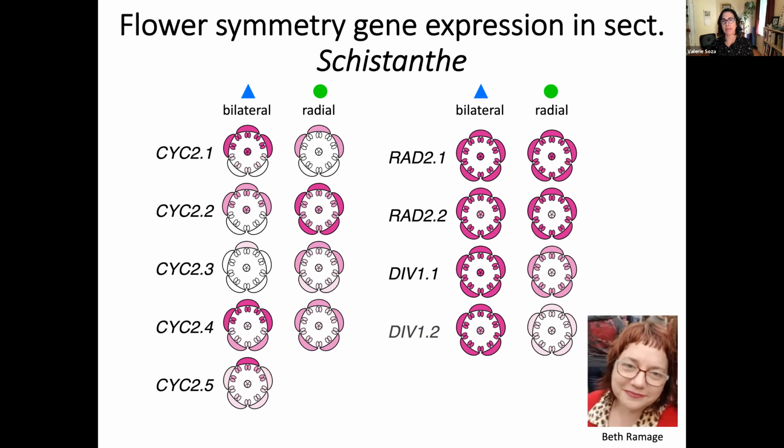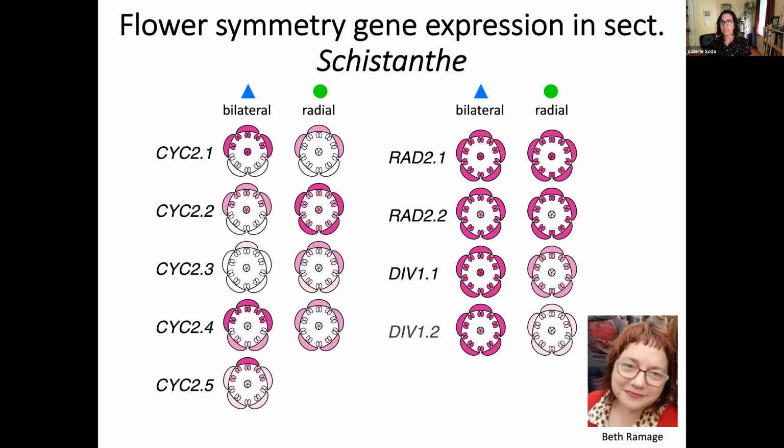So if you recall, in snapdragon, in a bilaterally symmetric species, radialis is expressed only in the upper part of the flower. But when we look at radialis in a bilateral and a radial flower of rhododendron, we see expression across all of the petals, all of the stamens, and the pistil. So expression of this in both of these types of symmetries is not related to how the flowers are looking